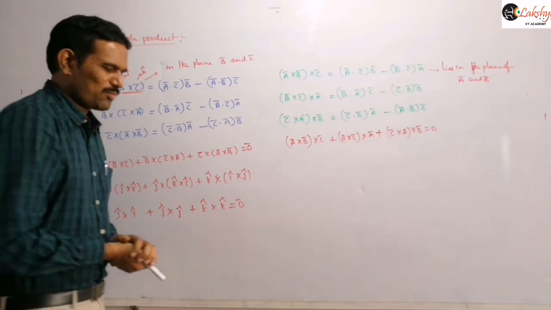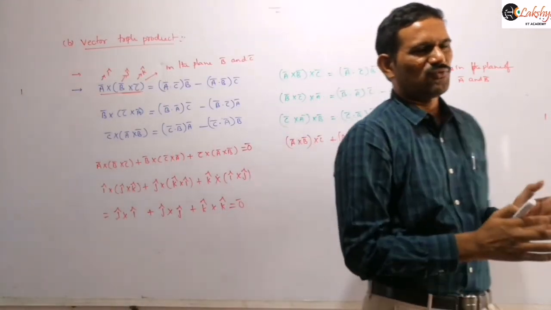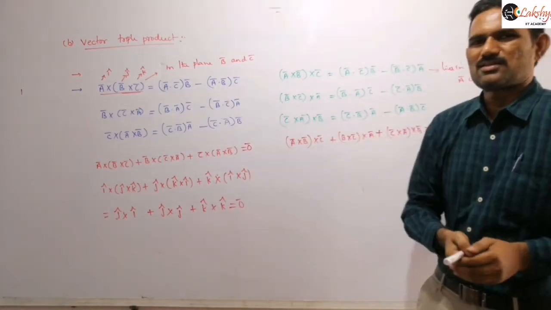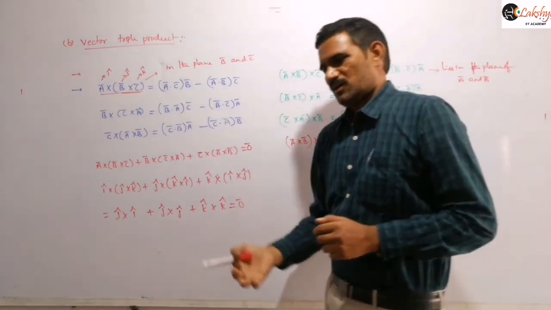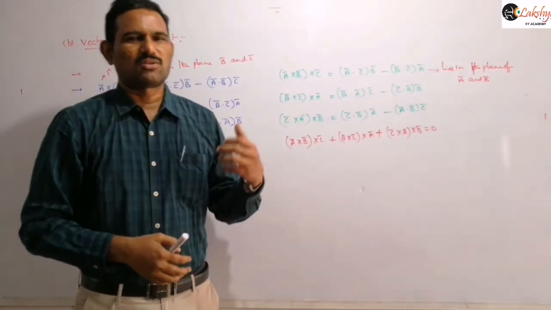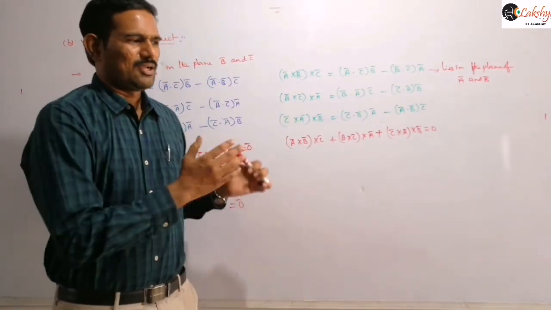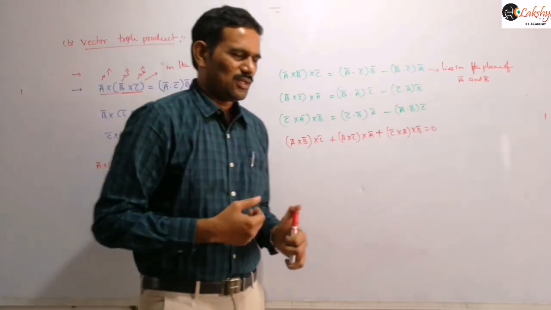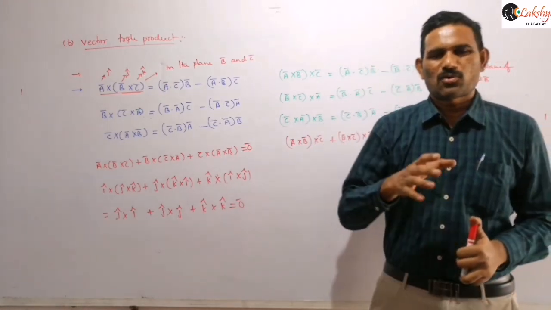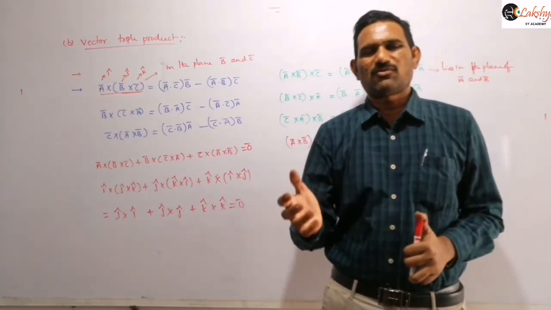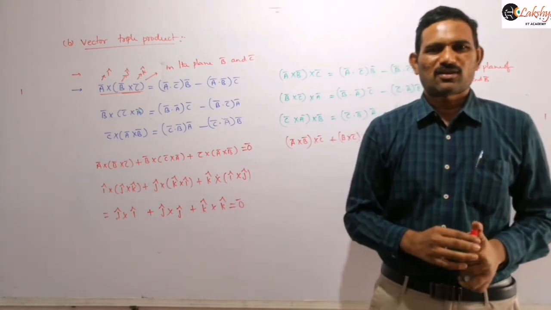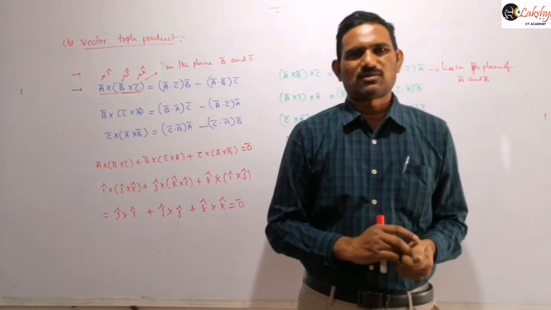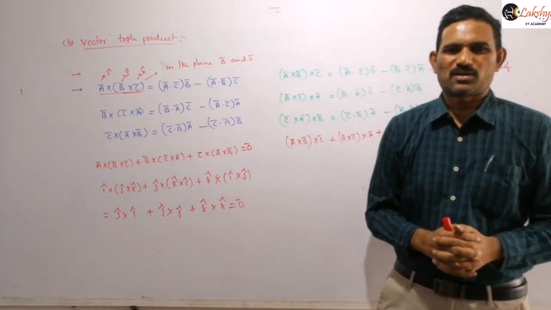You may get some other properties based on this, but those are not required for us. If you learn the definition of this triple product, whether the order is given like this or like this, that is sufficient for us. There is no need of learning any further properties or problems based on this triple product. In triple product, basically we need the coplanar condition, which we discussed earlier. That property of the scalar triple product is used in physics for us, to verify whether vectors are coplanar or not, right? So solve problems based on these properties of vectors.